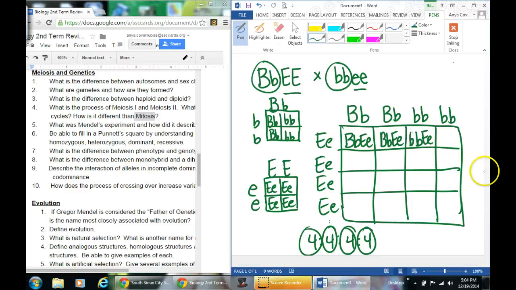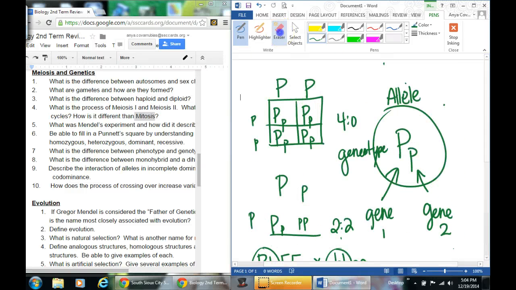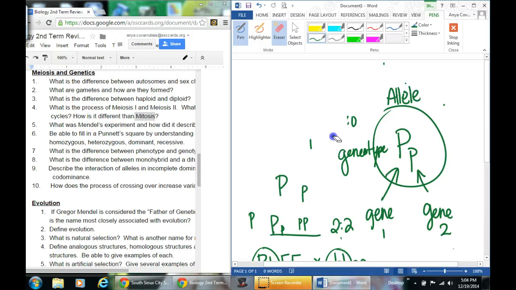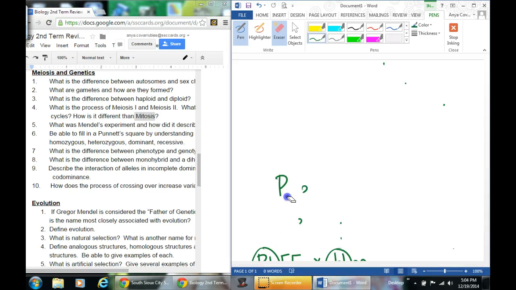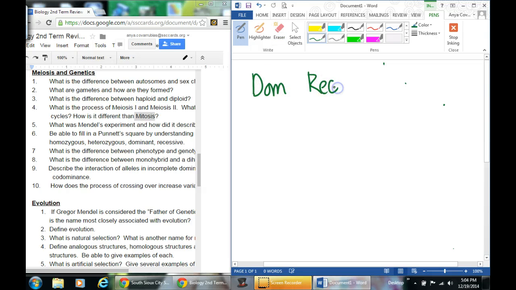Okay, so then we have 4 exceptions to these laws that Mendel put into place. Basically what they are saying is that there's not always something that's dominant and something recessive. Sometimes we can have 2 that are dominant and they both are expressed, or we can have 2 that are dominant and 2 that are recessive that are all being expressed. So those 4 are going to be something called